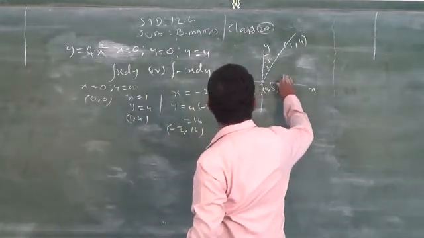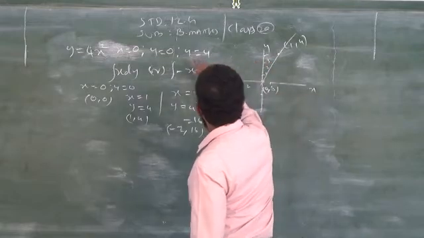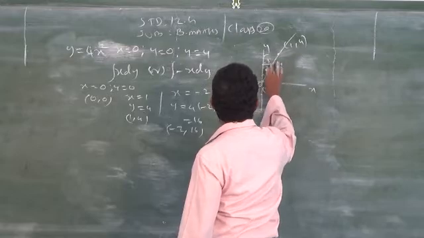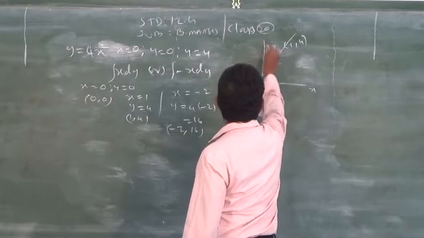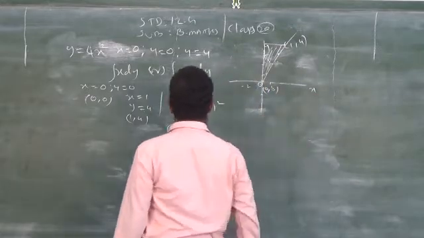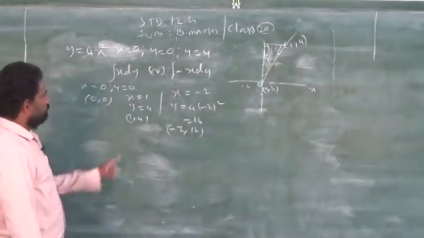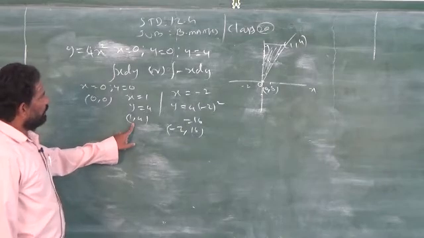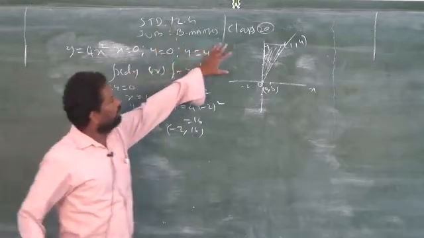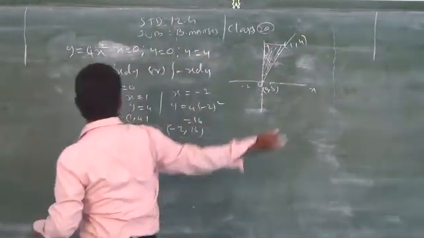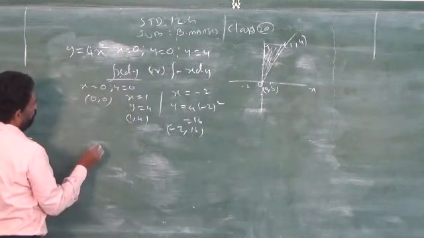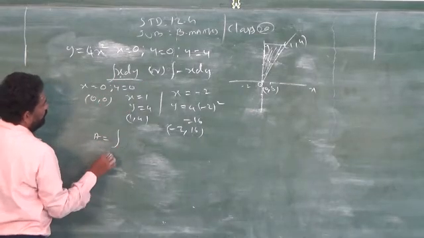So 0, 0. Now you have to find out the area between 0 to 4. Where will it come? Here, 4. The first quadrant you have to find out. You have to find out area only in the first quadrant. Don't go anywhere else, that's what is mentioned. Now you have to find out this area. This is the right side of the y axis. So which formula do you take? X dy. So area is equal to integration.